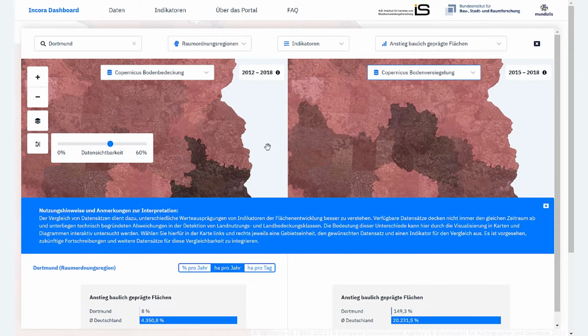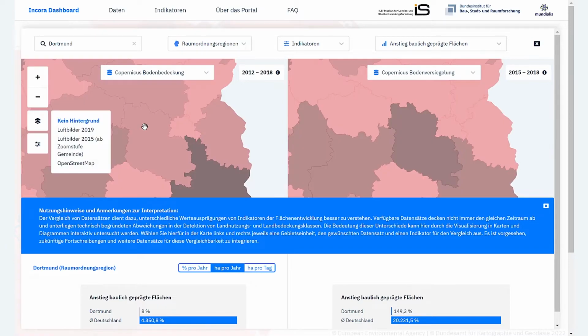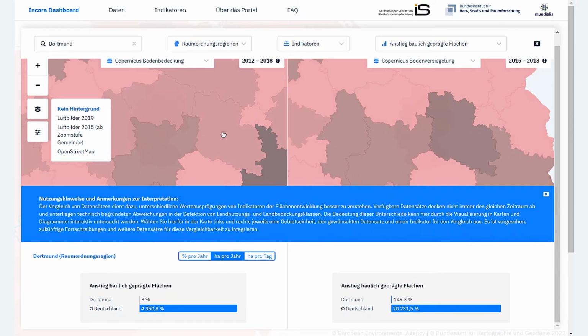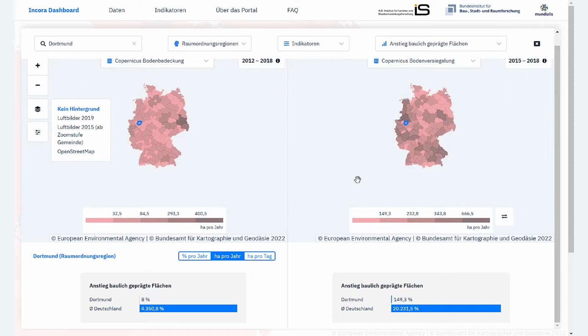And then, as you can see, the indicators for the same indicator give you different values. This is caused by the different mapping unit, mapping period, and mapping method, and so on. Users can find answers to the difference in the data description, indicator definition, and as well as the FAQ sections.